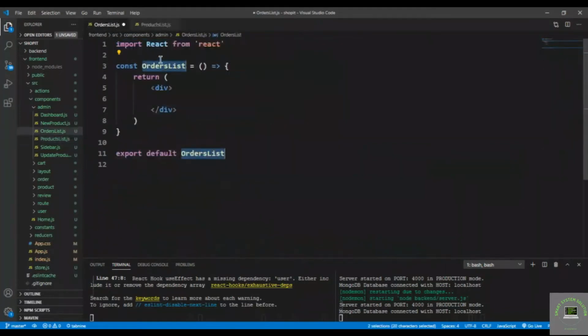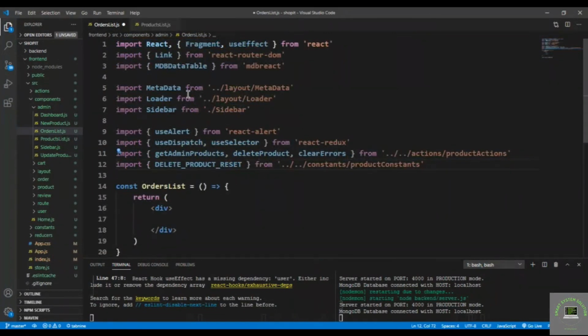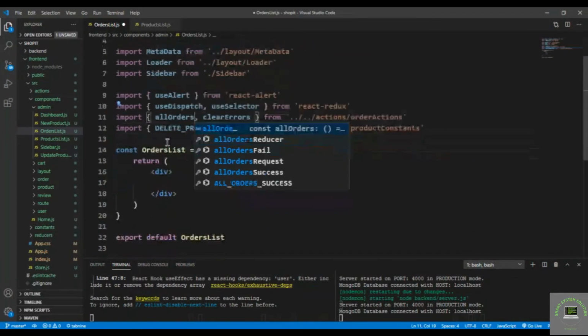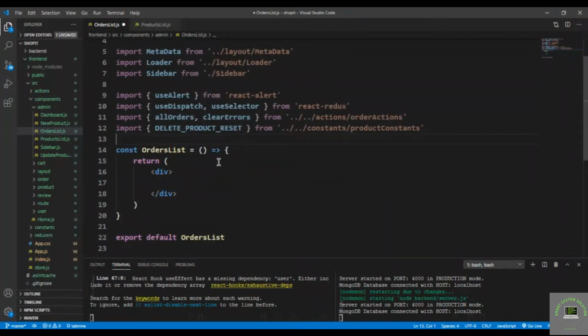So Control C, put that right here, and we need here link, MDB table, metadata, then loader, then sidebar, use alert, use dispatch, use selector, and from the order actions I have to bring in the all orders, right, and then I will change it because I also have to delete the product. So that is order constants,